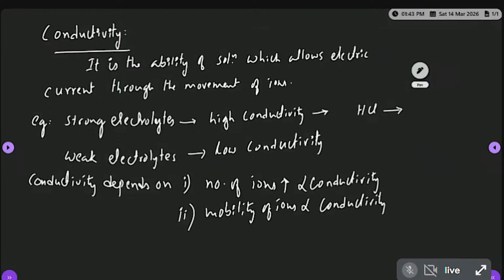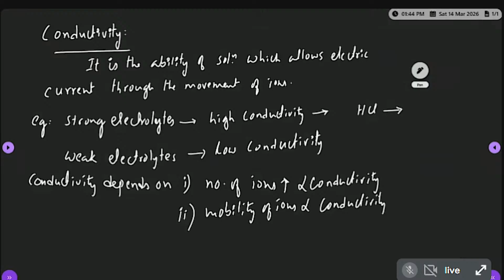Maximum means it gives Avogadro number of ions. If any electrolyte on decomposition gives Avogadro number of ions, that electrolyte is known as strong